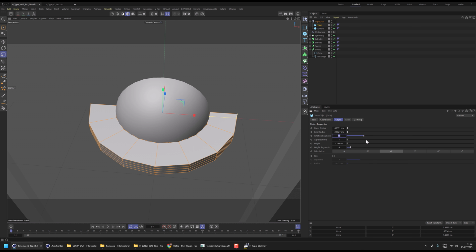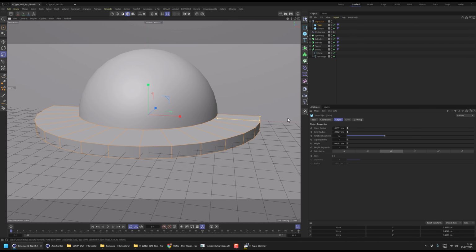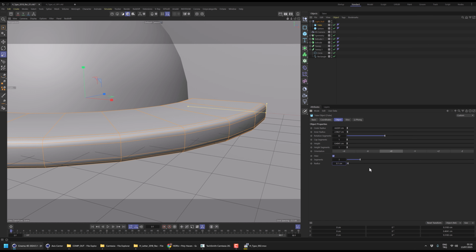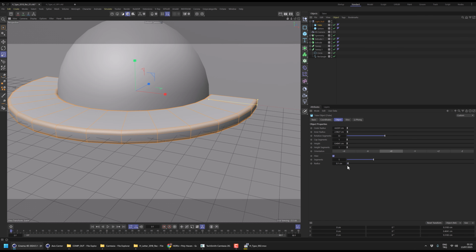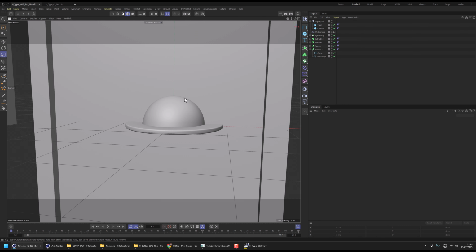This rotation segment could be 32, and we don't need these high segments. One will be enough, and maybe we can add some cap segment. Nope. Some fillet around the edge, 0.1 maybe, and add some segments. Maybe rotation segments could be 64. And now let's